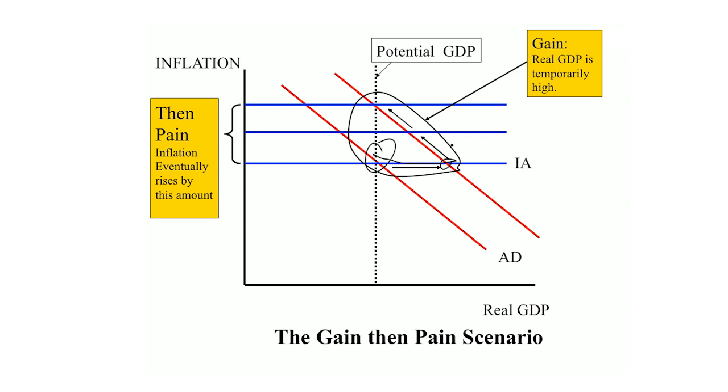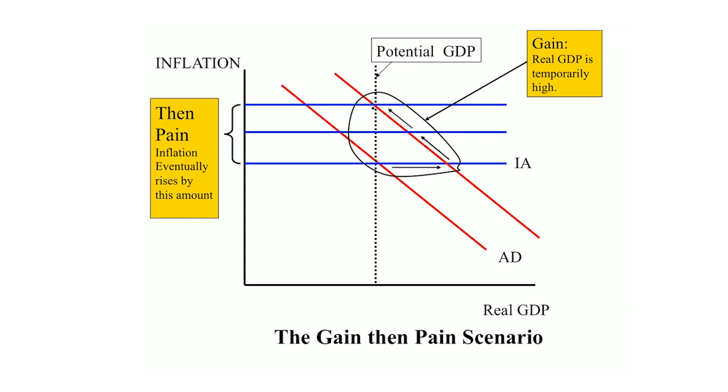Over time, however, inflation starts to rise. The inflation adjustment curve goes up along the new aggregate demand curve, and it keeps going up. As we know, there's an adjustment of inflation and of interest rates. It keeps going up until you come back to potential GDP at a higher inflation rate. Higher inflation rate is not a good thing. People don't like higher inflation, and it may slow down the economy.